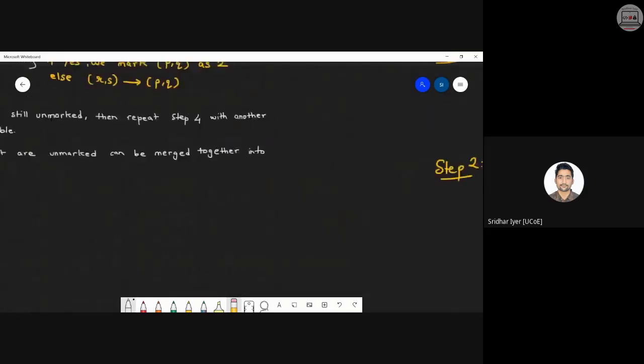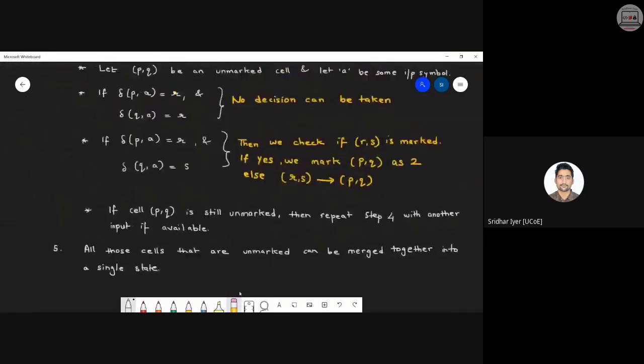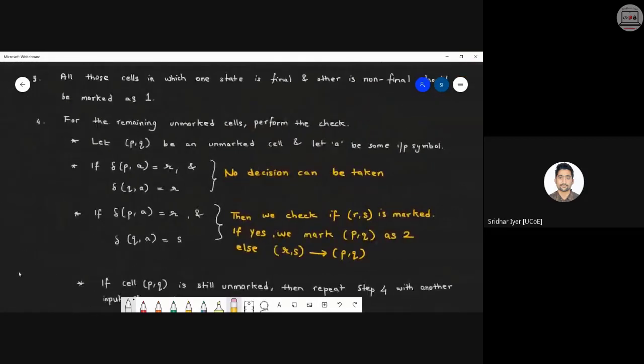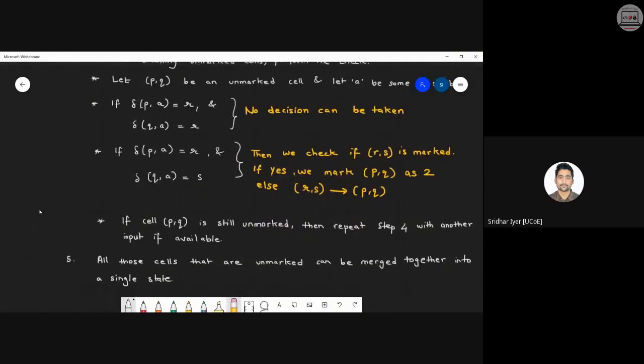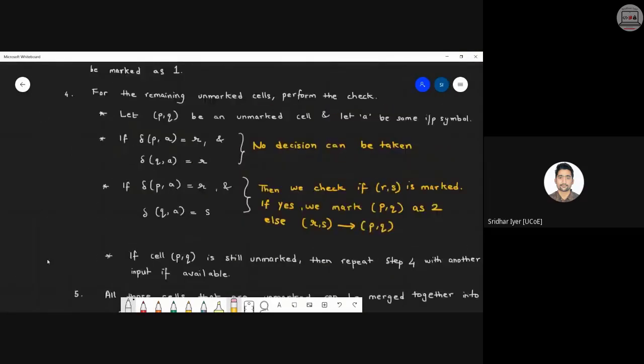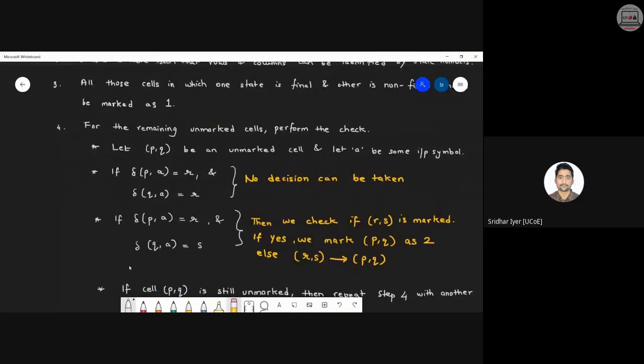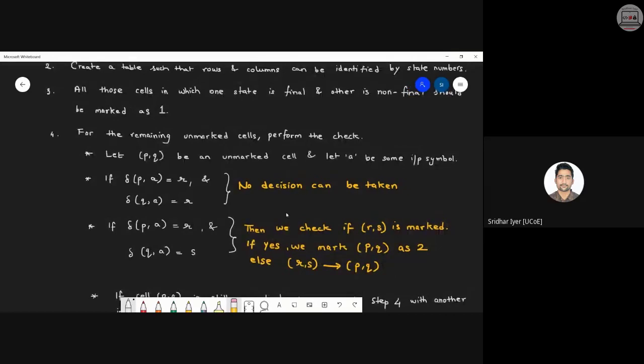What about step number 4? Step number 4 is the most lengthy step, and step number 5 comes to the conclusion. So step number 4 I will explain, but I am guessing that we only have 5 minutes. So I will start with it. No issues, I will again start with this question in the next lecture.